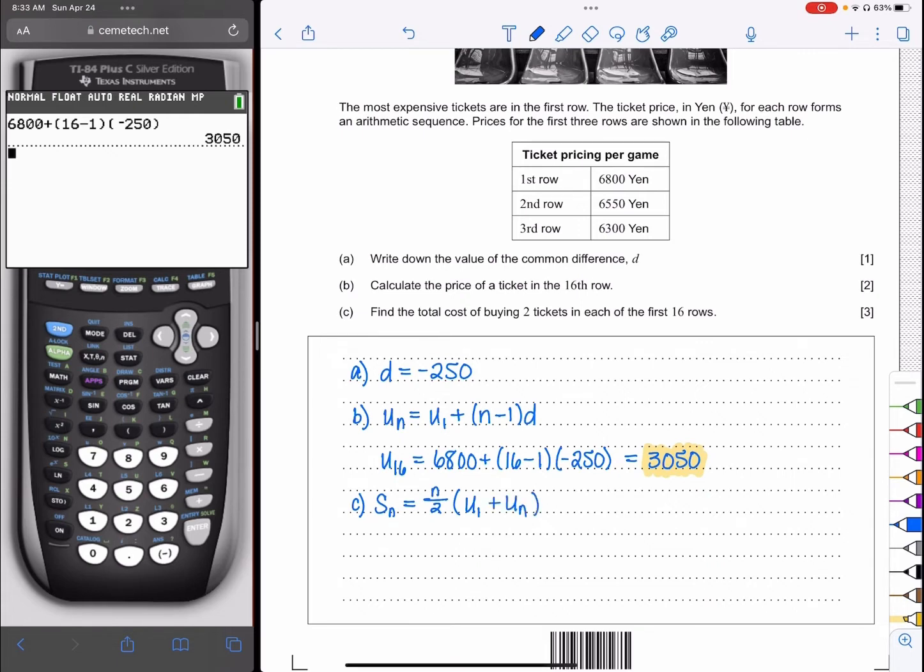The reason why I'm using this one and not the other one is because they're telling me that I need to focus on the first 16 rows, and I already have the price of the 16th row. So I have my U sub n. So S of 16 is equal to 16 divided by 2 times U sub 1 plus U sub n, which is 3,050. So that is 8 times 6,800 plus 3,050. So I end up getting